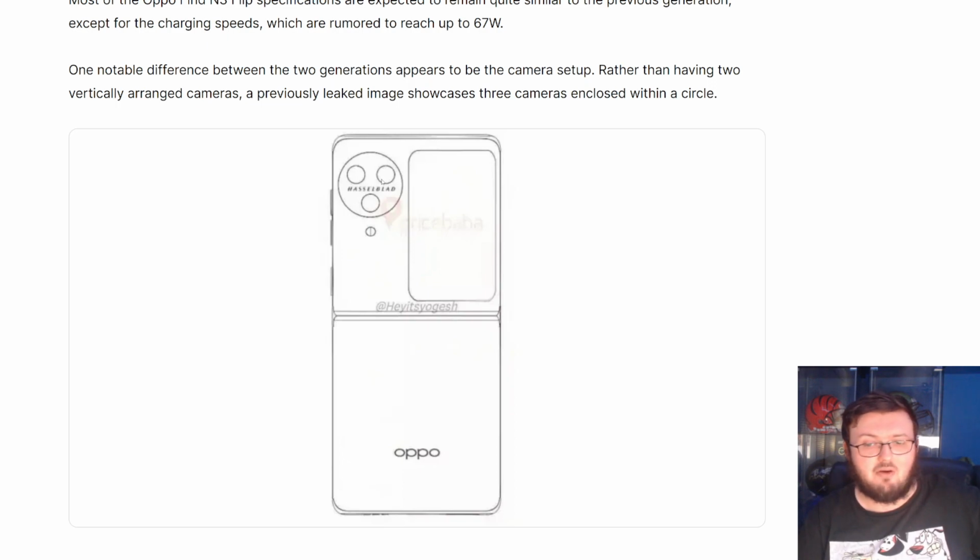So I will say overall this is exciting, but I'll be interested to see how many people go after this phone when it hits the global market. I'll definitely say that, because I feel like a lot of people are really happy with the fact that flippable phones now have a very usable outside display. But again,